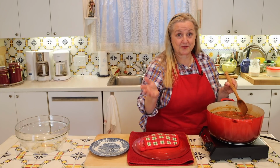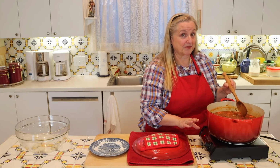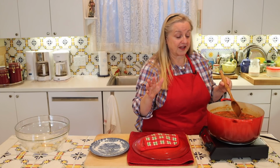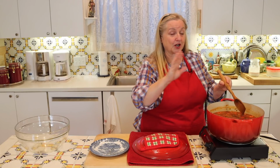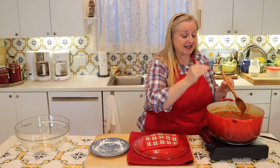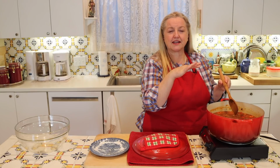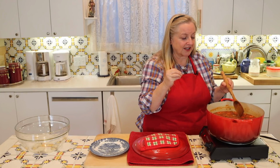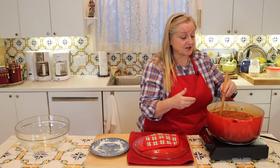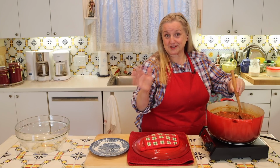Now this burner, if you've been with me for a while, I've shared with all of you, tends to run very hot. So that's why I'm going to put this down to low. But everybody knows their stove, and so it's going to be somewhere between low to medium. What you're looking for is a gentle simmer. If I was doing this on my stove, which the heat is a lot less strong, I would probably be able to do a gentle simmer on medium. But that's what you're looking for, just a gentle simmer, and leave it there to simmer like that for about